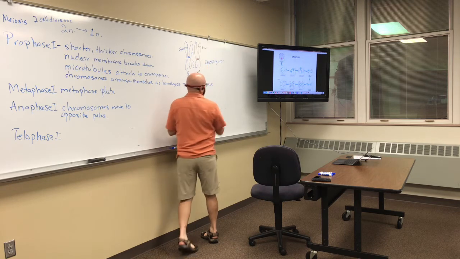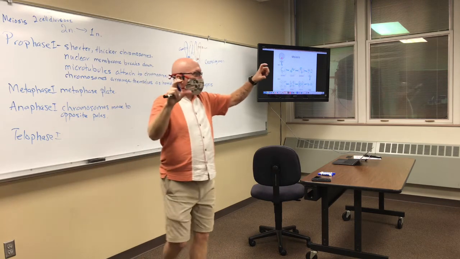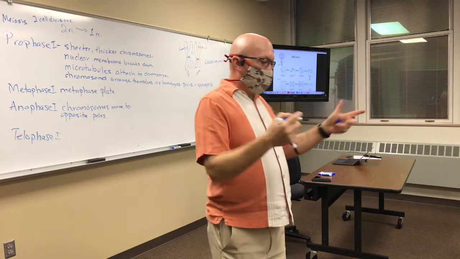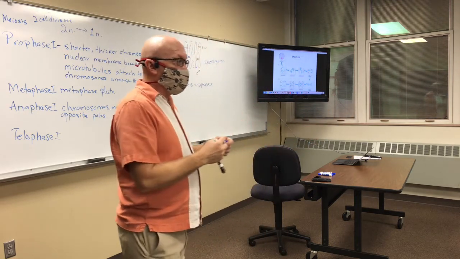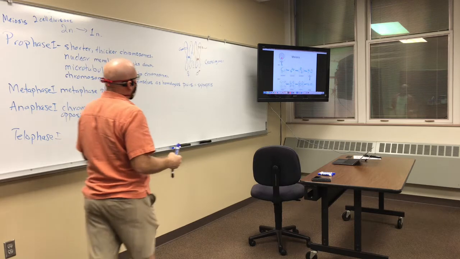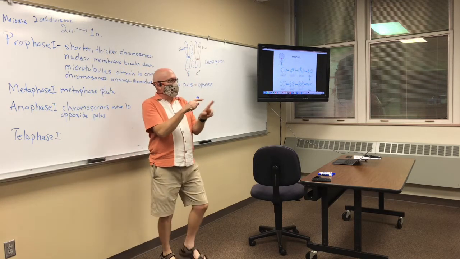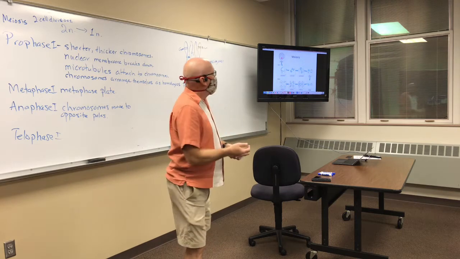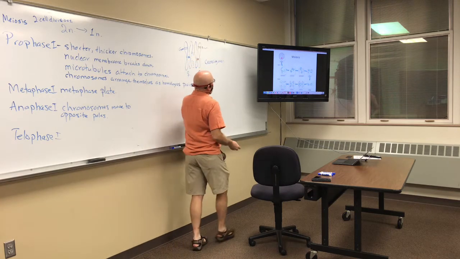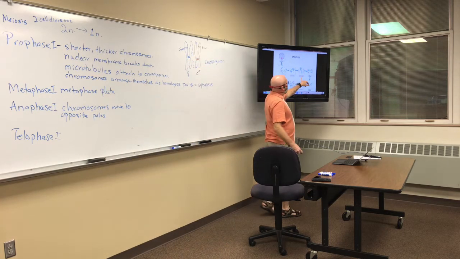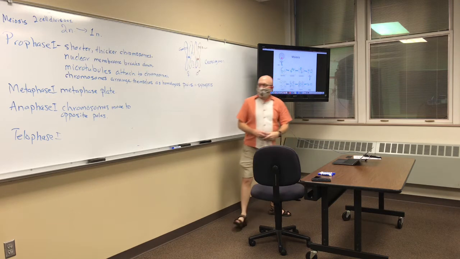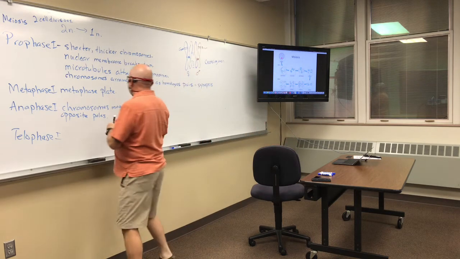It's just kind of random. The further away you are from the centromere, the more likely it is to happen, but it's just kind of random. And it's a function of the fact that these things are physically attached to one another, which allows them to interchange portions of the chromosome. So that when you get to metaphase, you get a metaphase plate, but the metaphase plate is made up of